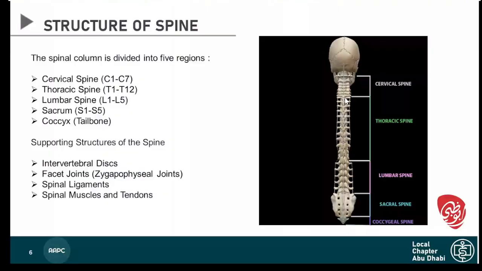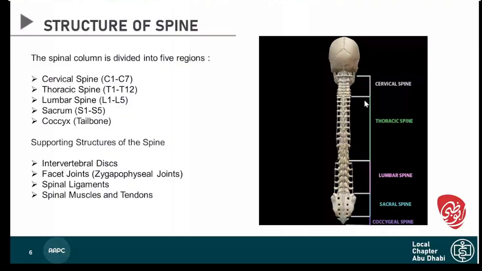It is the upper part, the first segment of the vertebral column, and the main function of this cervical spine is to provide support to the head. Okay, then comes the thoracic spine, the middle segment of the vertebral column,